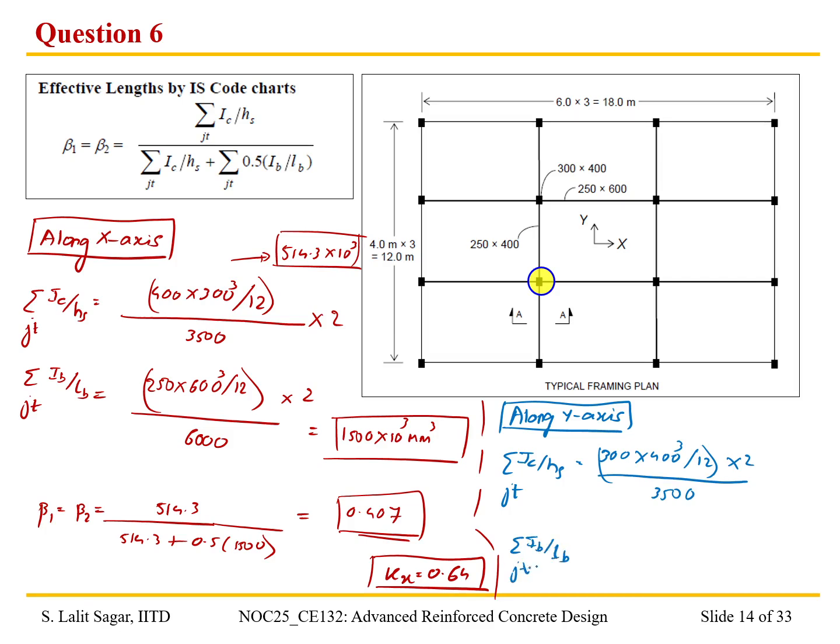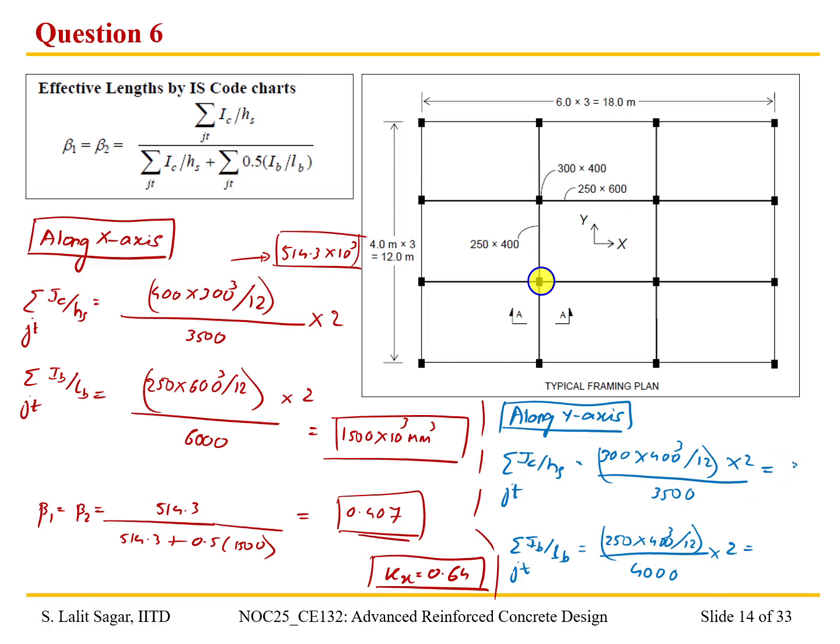the joint. So we're considering the beam in the transverse direction, that is 250 by 400. 250 by 400 cube divided by 12. And what is the span in the transverse direction? That is 4 meter. 4000 multiplied by 2. Okay. So sigma IC by HS is